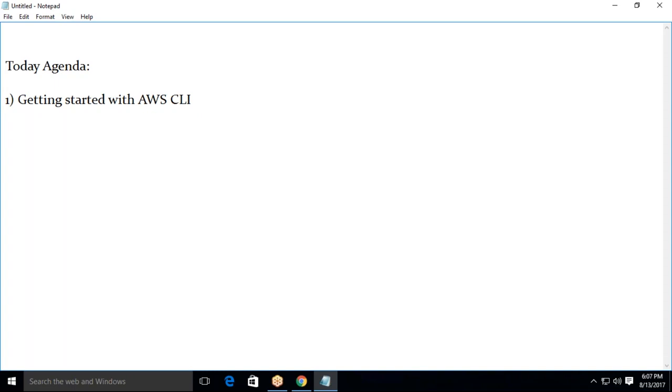When we talk about CLI, I can say that CLI is the most powerful console we have in any environment. Suppose I am in Windows, I should go for PowerShell. If I am in Linux, I should go for terminal, bash scripting, and so on. AWS CLI is a console where you can manage all the AWS packages. AWS tools are built into Linux as well as Windows, and today I'm going to show you how to manage AWS CLI in Linux as well as in Microsoft Windows